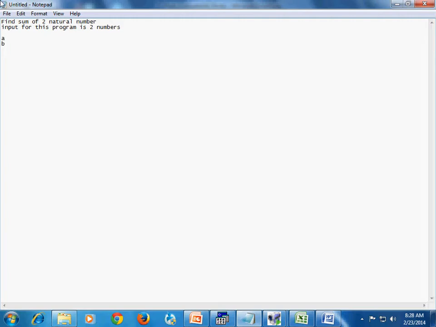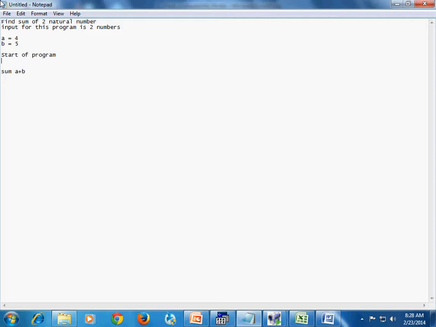What is a variable and its assignment, that we will see in the next classes. However, for now, just remember that whenever we enter two numbers, that will be saved in some variable. Say we have entered numbers 5 and 4. So our program has the sum of A plus B.